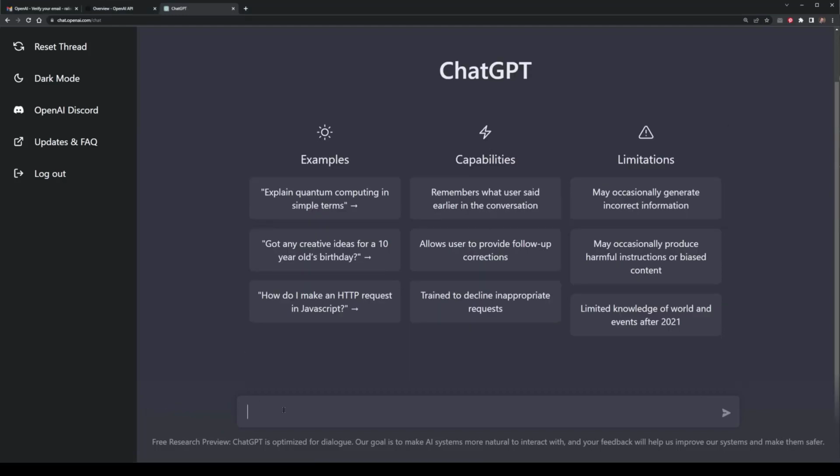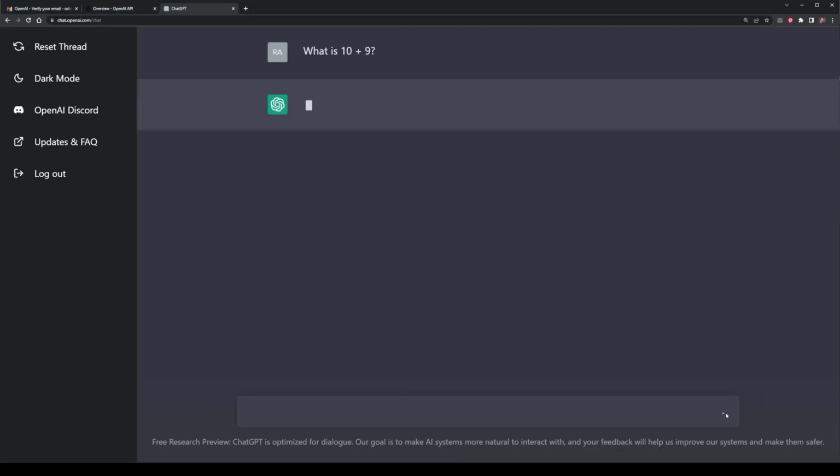The first thing to take note of is that using it is very simple. All we have to do is enter in a message or a query or a prompt of what we want the AI ChatGPT to do for us, and then we get an output. There are a few examples here with buttons basically asking us maybe explain what quantum computing is or how to make a HTTP request in JavaScript, but I'm going to minus these out and I'm going to use my own, which is what is 10 plus 9? This is a pretty simple prompt. Then we simply select enter or click the button here,